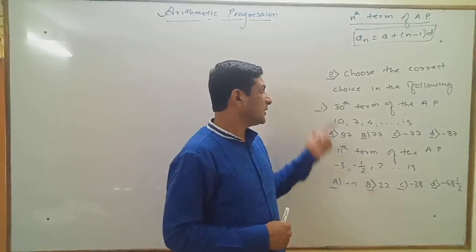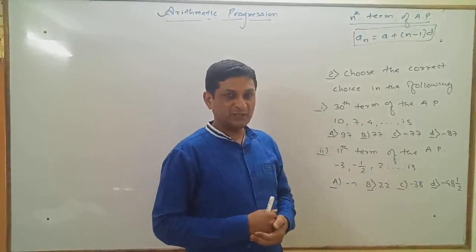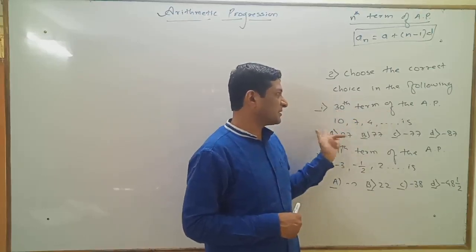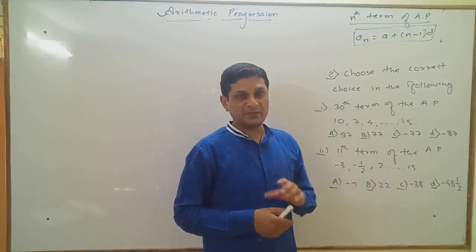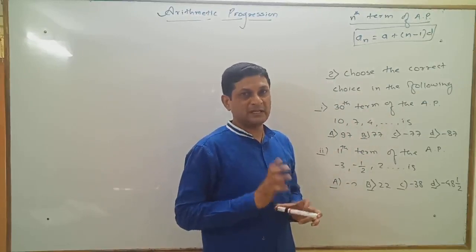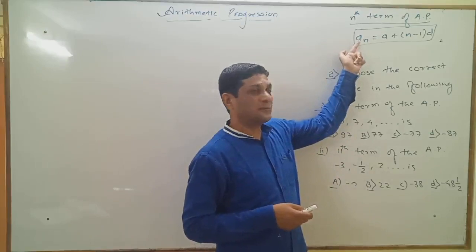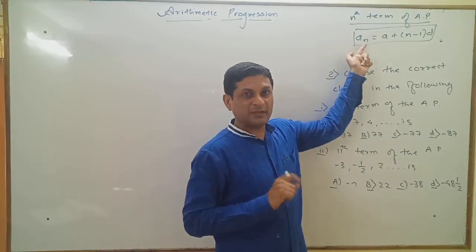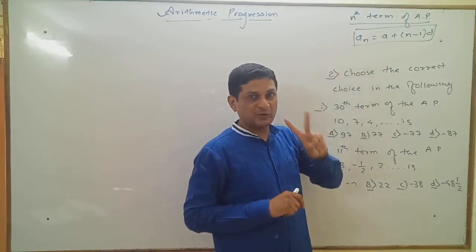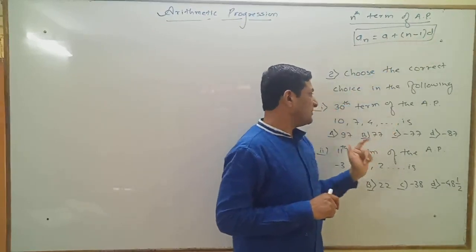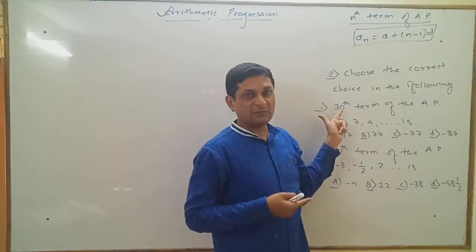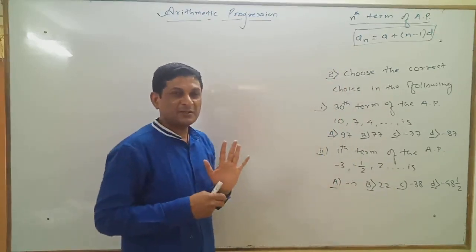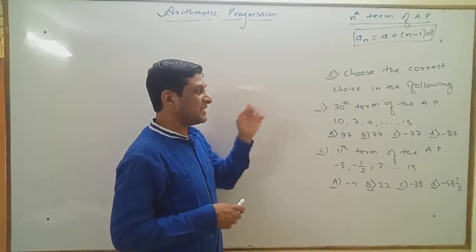Let us try to solve question number 2, which is a multiple choice question. In the first example, the question is to find out the 30th term of the arithmetic progression. One arithmetic progression is given to us, and to find the 30th term, we have to apply this formula. This is the formula to find the nth term. So if we replace n by 30, we will get the 30th term. To apply this formula, 2 values are required, a and d. The value of n is already given to us. We have to find the 30th term, so n is equal to 30. So apply the same formula. Since it is a multiple choice question, we are not solving it step by step. Directly we are substituting the values.